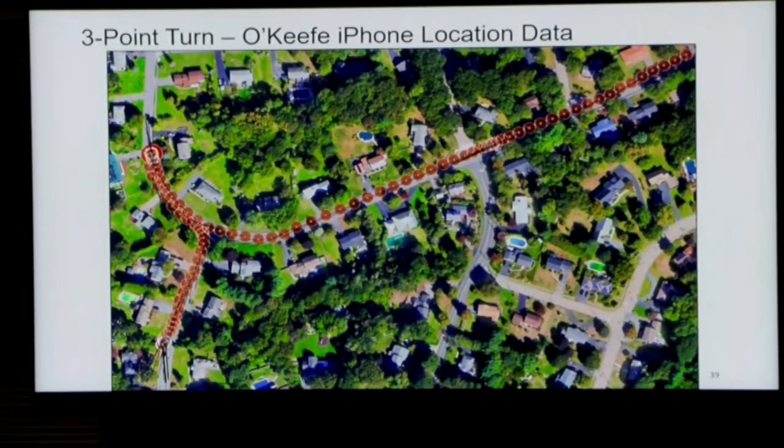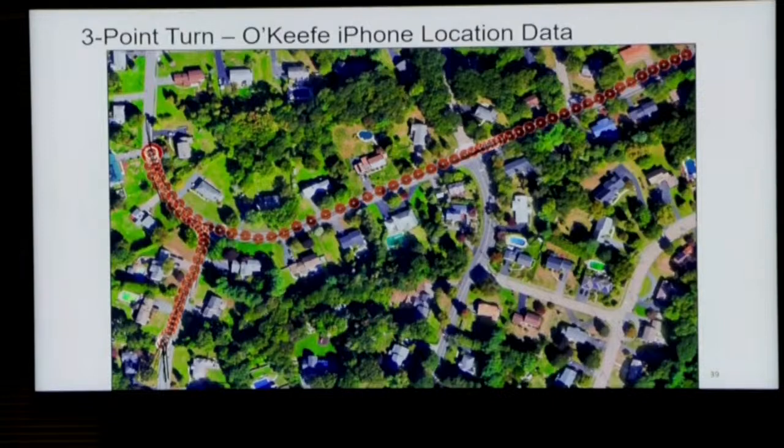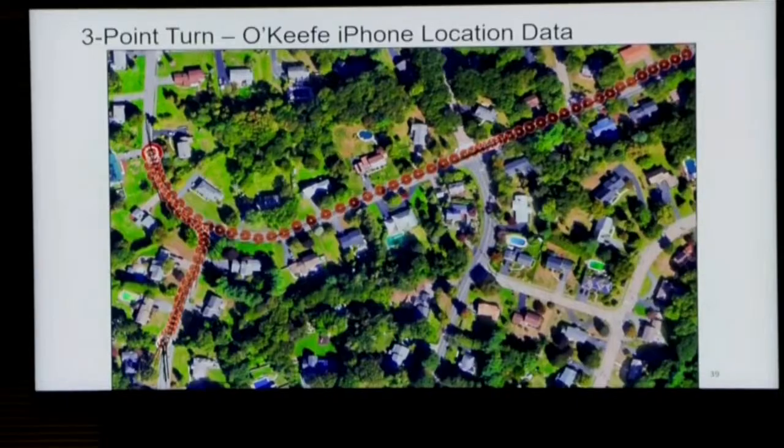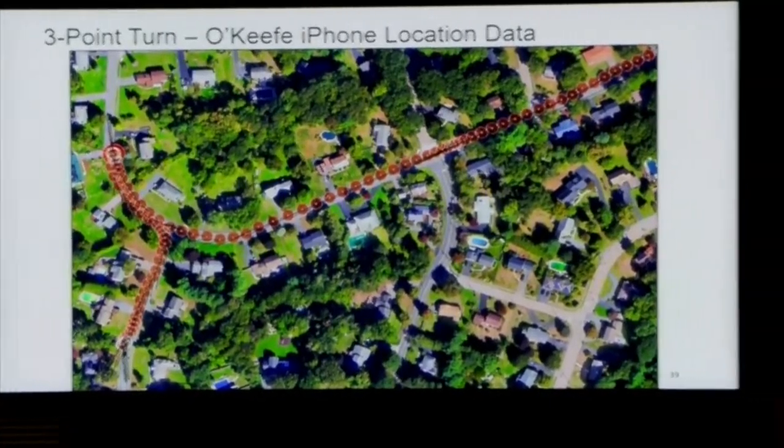You mentioned you had some materials from Mr. Whiffen. Did you ever see any materials from Mr. Whiffen regarding location data that was acquired through the application Waze? Yes, I did see a report by Mr. Whiffen. Did you rely on his report, or did you independently, on your own, test the location information? Sure. So I independently, on my own, looked at the location data from Mr. O'Keefe's phone.